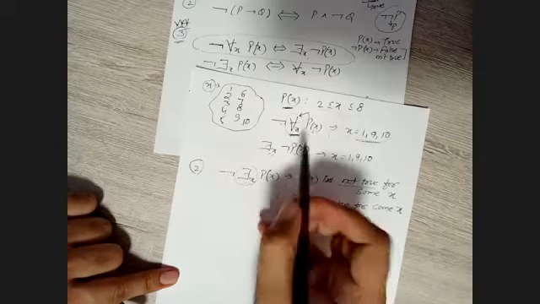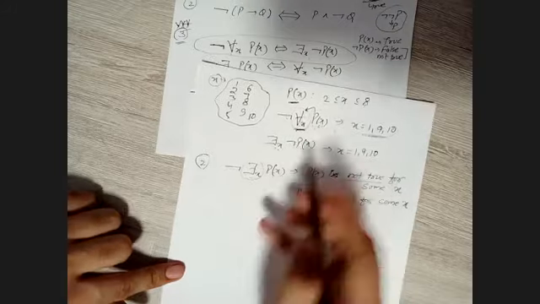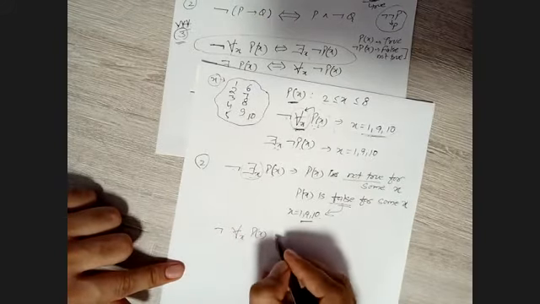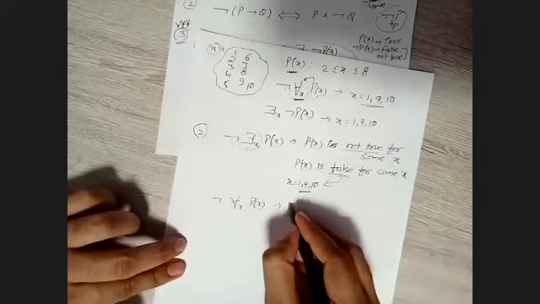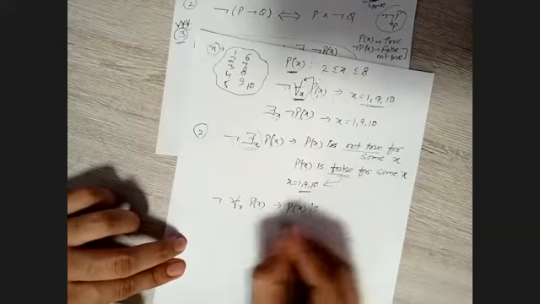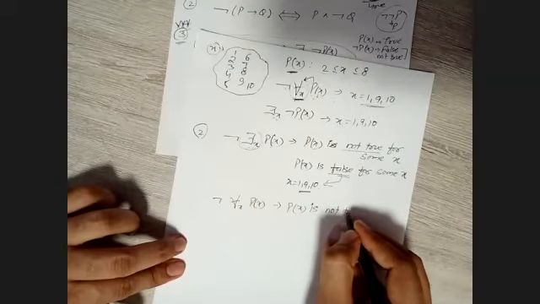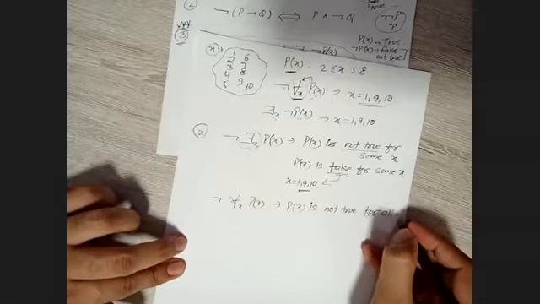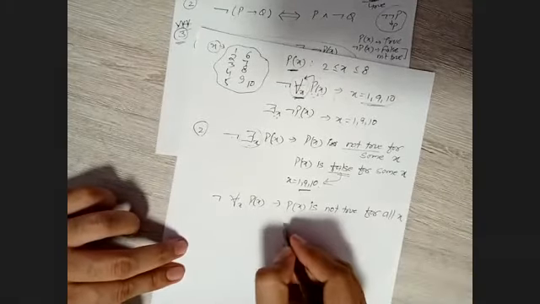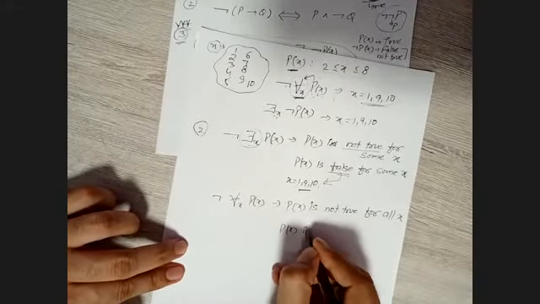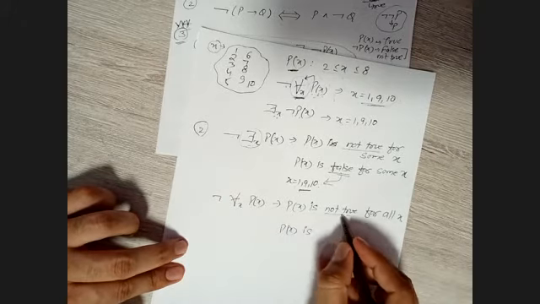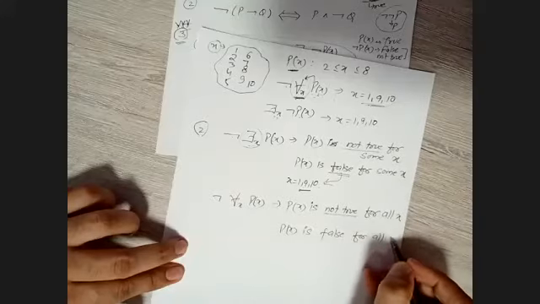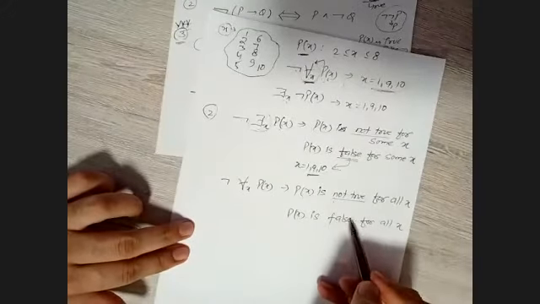Right? But if I have used here negation for all x p of x, let me write again in this way, you will understand. I'm saying p of x is not true, not some, for all x. This is one statement. Other is p of x is not true. Instead of not true, if I write false for all x. See, there is a big difference between these two.